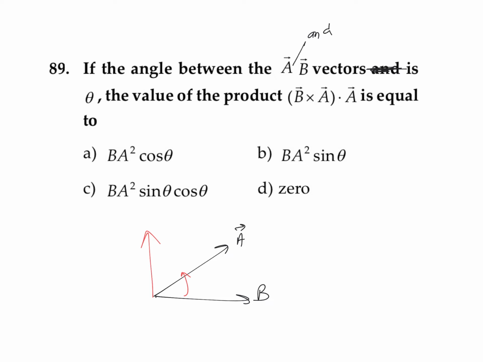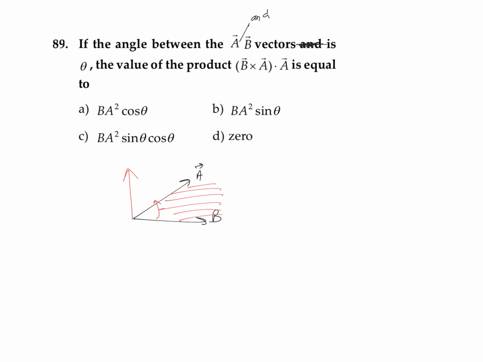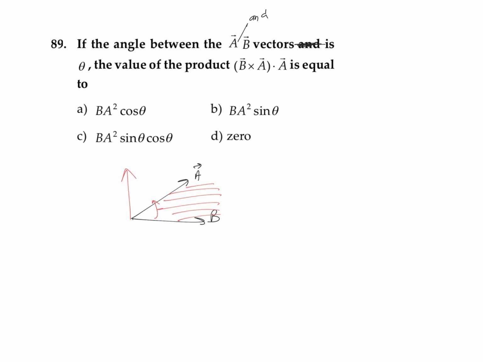is perpendicular to the plane containing this A vector and B vector. Or we can say that B cross A is always perpendicular to B vector and A vector. So once again remember that B cross A is perpendicular to A. Now if you are going to find out the dot product of B cross A with A, so basically we